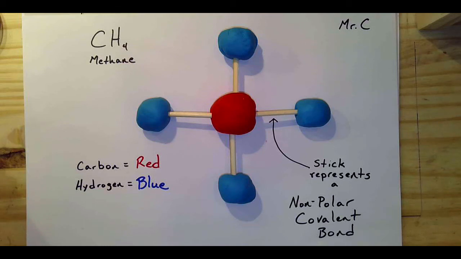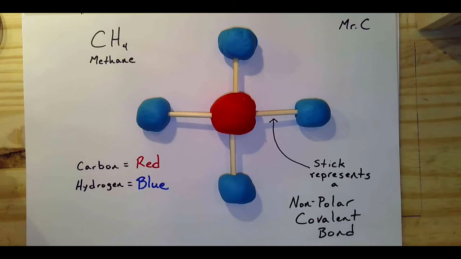You can see there is 1 carbon and 4 hydrogens. The carbon is located at the center, the 4 hydrogens around the perimeter, and each has 1 stick there that represents a single bond, which means that they're sharing 1 pair of electrons per individual stick there. And what's unique about how they are sharing these electrons in each one of those little sticks there is that they are equally sharing those electrons. So equal sharing of electrons is what we call a non-polar covalent bond, and we can see 4 of those